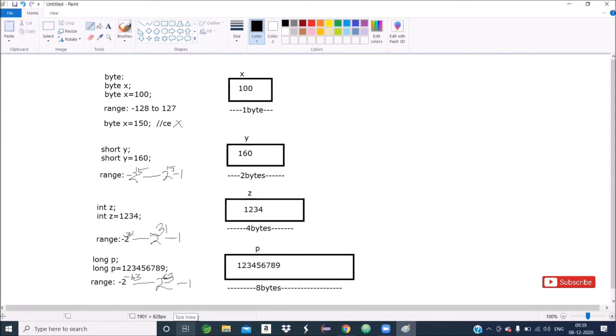Okay, so this is all about integer data types: byte, short, int, then long. I hope you got the clarity.